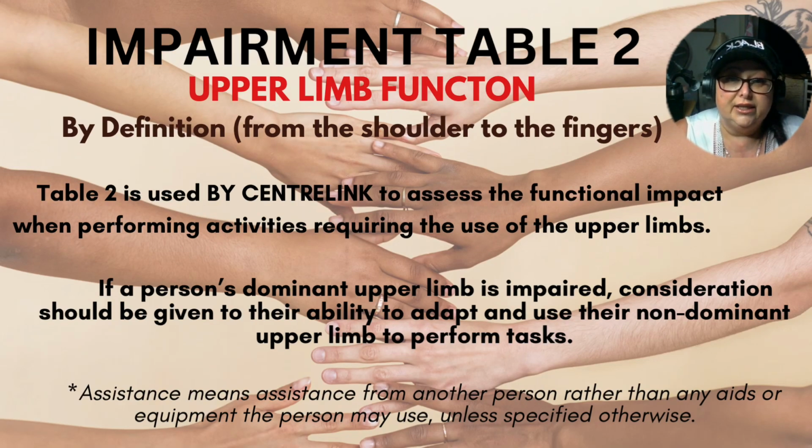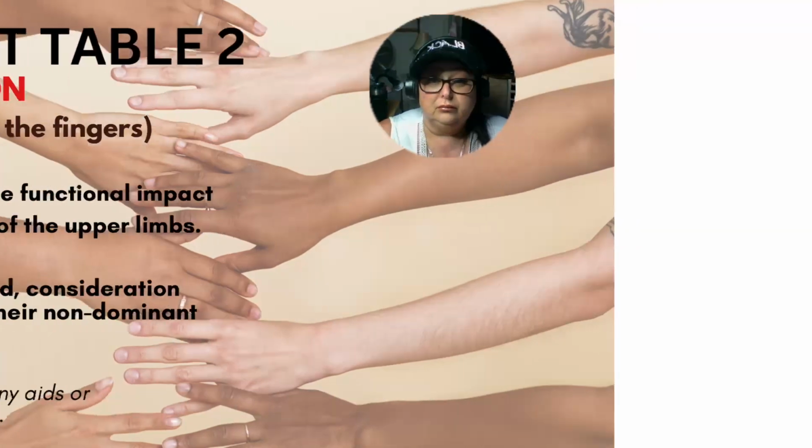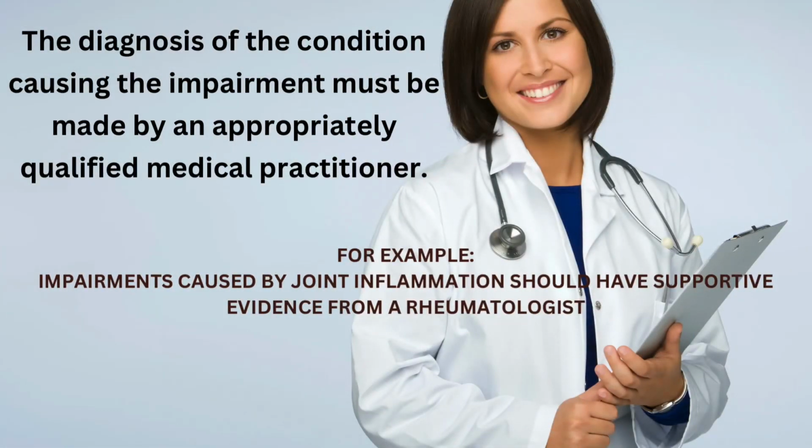CENTRELINK take into consideration if it's your dominant arm that is impaired and if you have the ability to adapt to use your non-dominant arm in the meantime. The diagnosis of your condition that's causing the impairment of your upper limbs must be made by the appropriately qualified medical practitioner. For example, if you've got impairments caused by joint inflammation like arthritis, then your supportive evidence should be